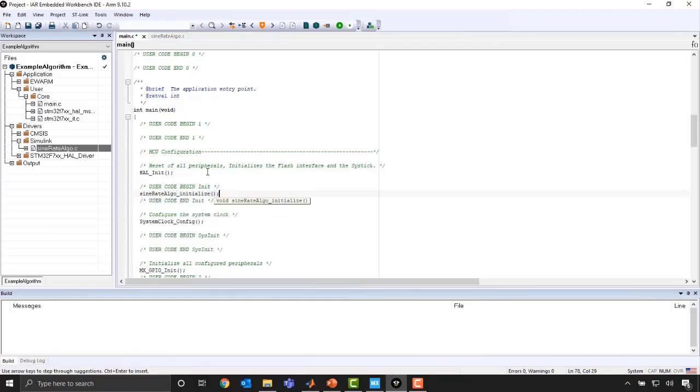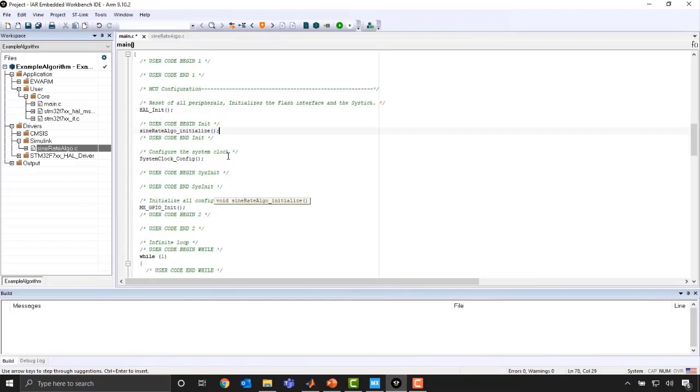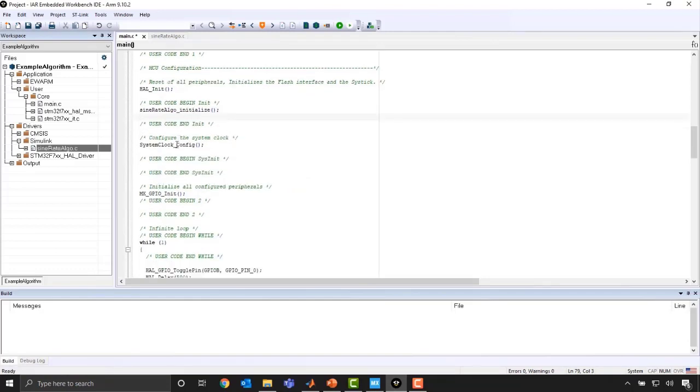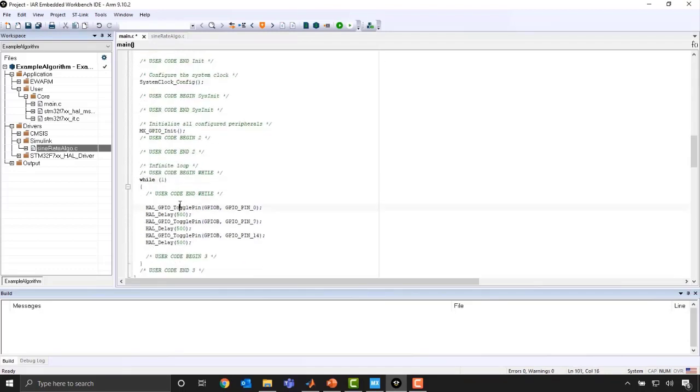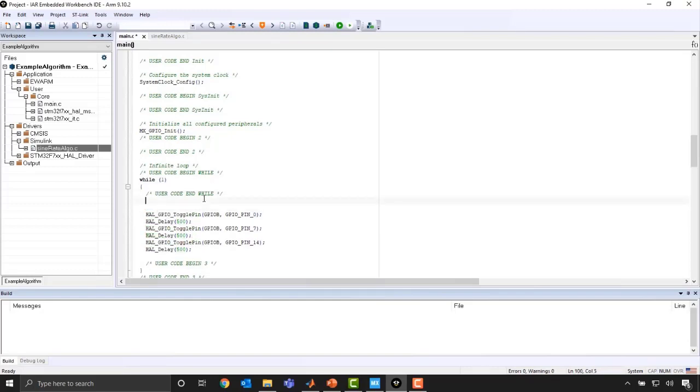Once we've done that, we'll see we have some more initialize, and then down here we enter into the while loop. This is going to be the main code execution. We initially had some software here to trigger these pins at a rate of 500 milliseconds. So what we can do now is add our algorithm that's going to adjust this duty cycle with that sine rate. Okay, so sine rate step. We'll just call that every time. And lastly, we need to actually grab the value that's being output here.